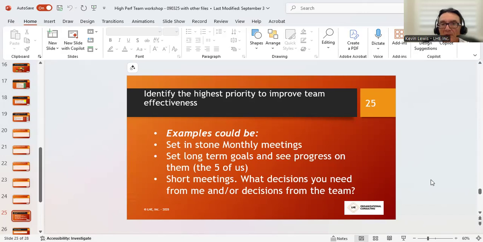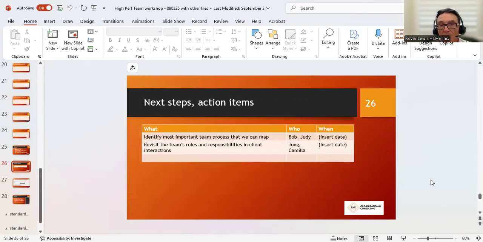So what's the thing that we should work on? These are just some examples. Set and have monthly meetings. Think about it. Have a shorter meeting. So put a couple things up there and then talk about that. And if you have time, you can actually start working on them. Or you delegate, maybe two or three people go off with action items, or you just say, well, next week in a team meeting, we'll start working through these things.